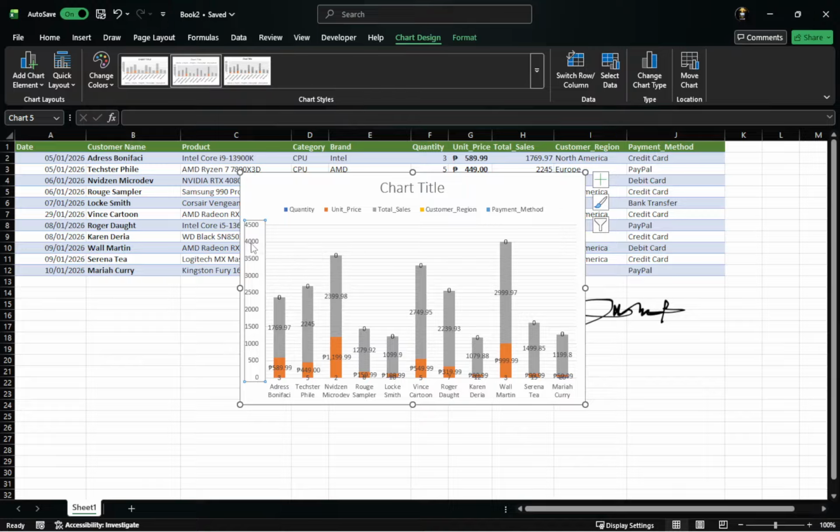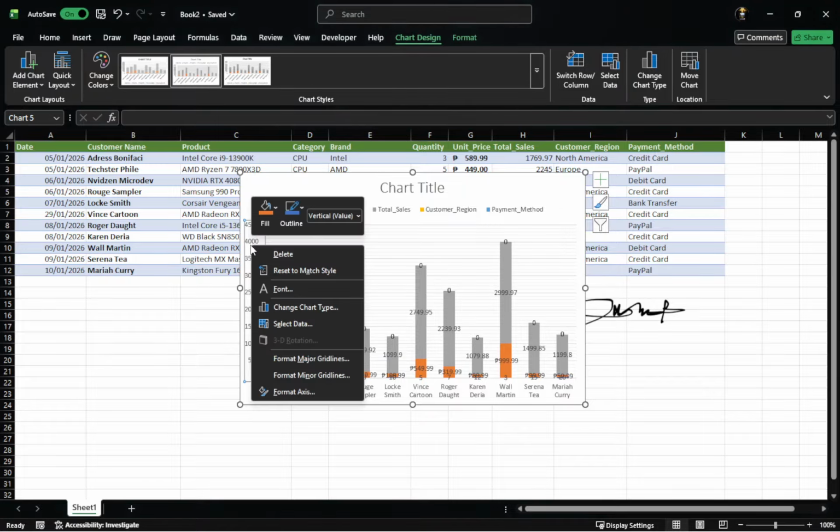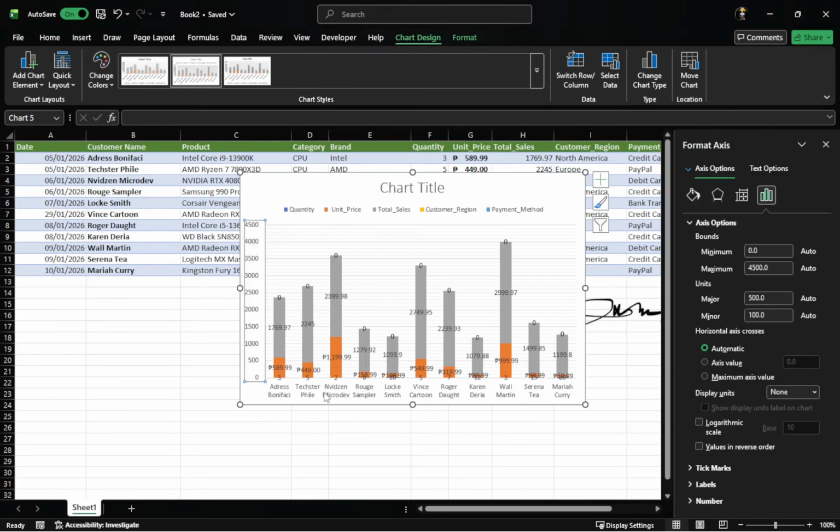With the y-axis selected, right-click on that same vertical axis. A small menu will appear next to your mouse with several options. If you accidentally left-click instead of right-click, nothing bad happens, you just will not see the menu. So try again with the right mouse button directly on one of the axis numbers. From the menu that appears, select the option called Format Axis. When you click Format Axis, Excel will switch from the chart to showing you detailed settings for that specific axis.